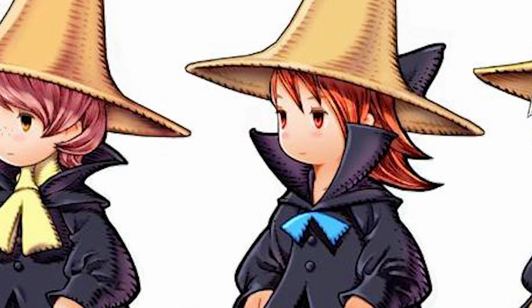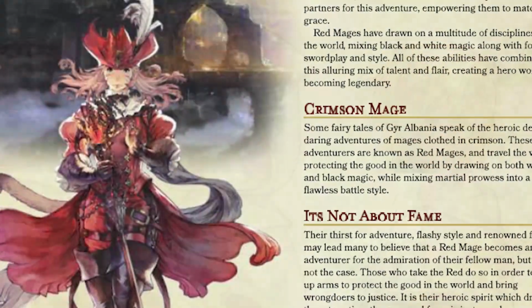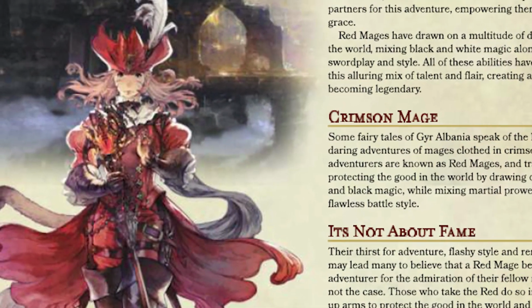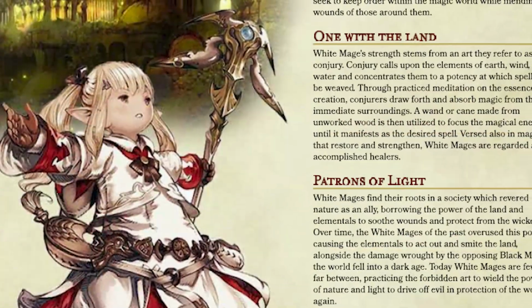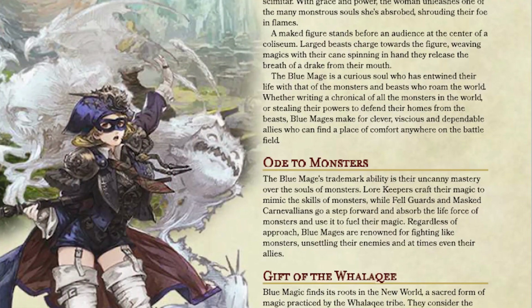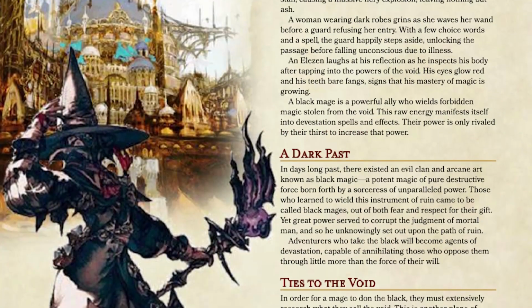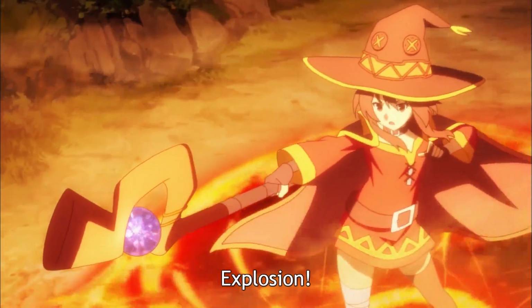If I describe each of the 4 mages in one sentence, it would go something like this. Red mages are charismatic sword masters that sling spells around. White mages are masters of conjuring and healing. Blue mages connect with beasts and use their power to cast spells. And black mages drain the power of the void to cast